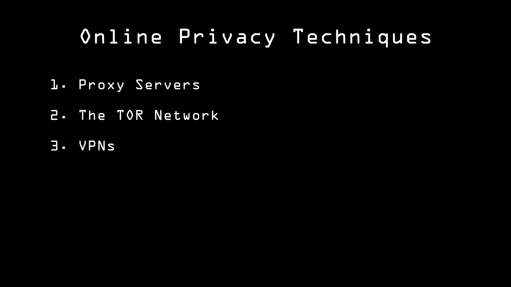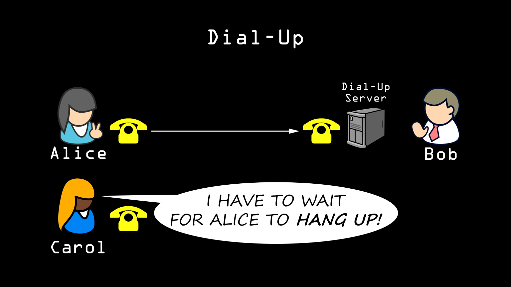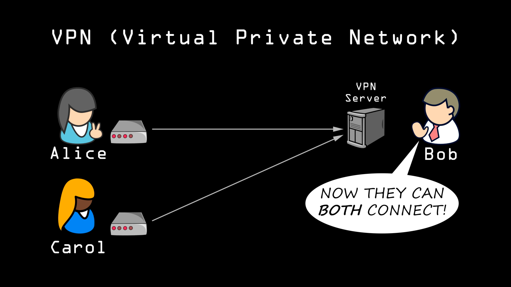Used to be, people would use a modem to dial in, but this had issues, not the least of which was the expense of running a dial-up server with several different phone lines in. If all of the phone lines were taken up, someone had to wait for someone else to drop off before they could connect. But once internet access became more common, VPNs were developed as an alternative. Now the company only needed a single server, a VPN server, connected to the internet, and as many people as needed to could connect from home.